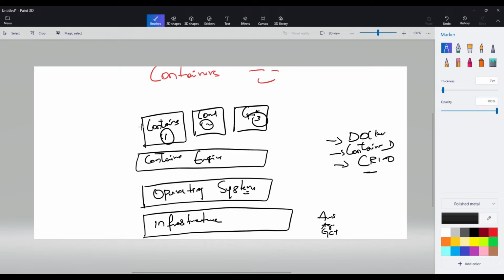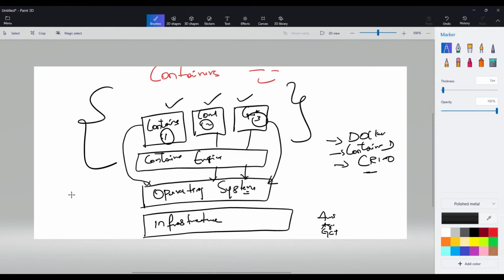In containers, it will take the required dependencies from the host operating system. The application will be packaged with all the files, configurations, and dependencies necessary for it to run in any computing environment without having to add anything else. So we will be avoiding such issues in containerization. I hope you understand, guys.